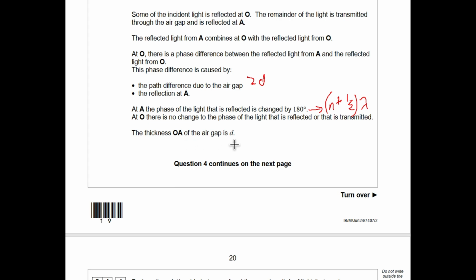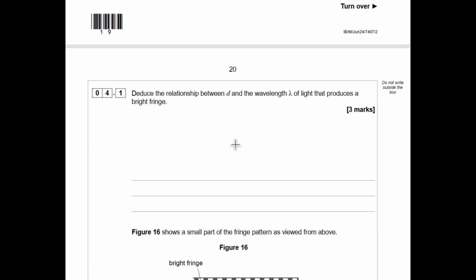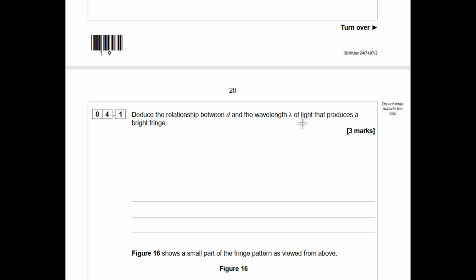The thickness of the air gap OA is D. Deduce the relationship between D and the wavelength of light that produces a bright fringe. So bright fringe, constructive. What does that mean? It arrives in phase, or the path difference is